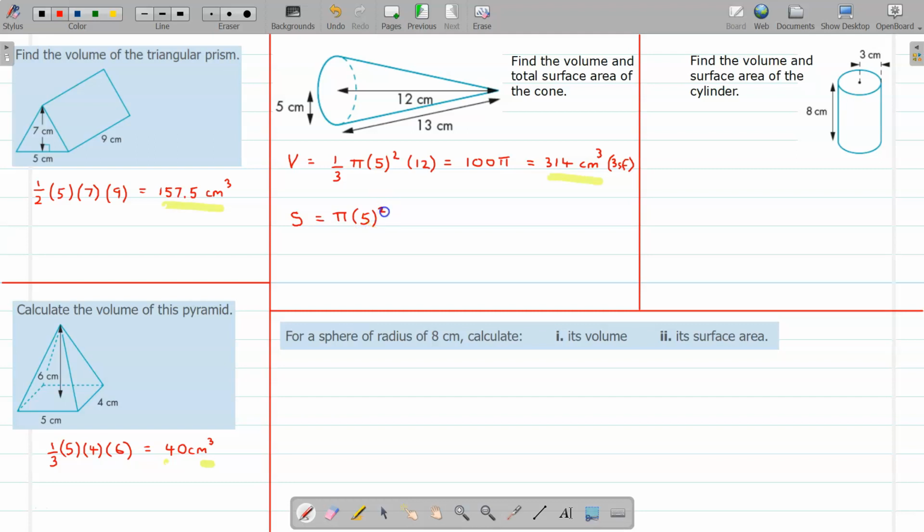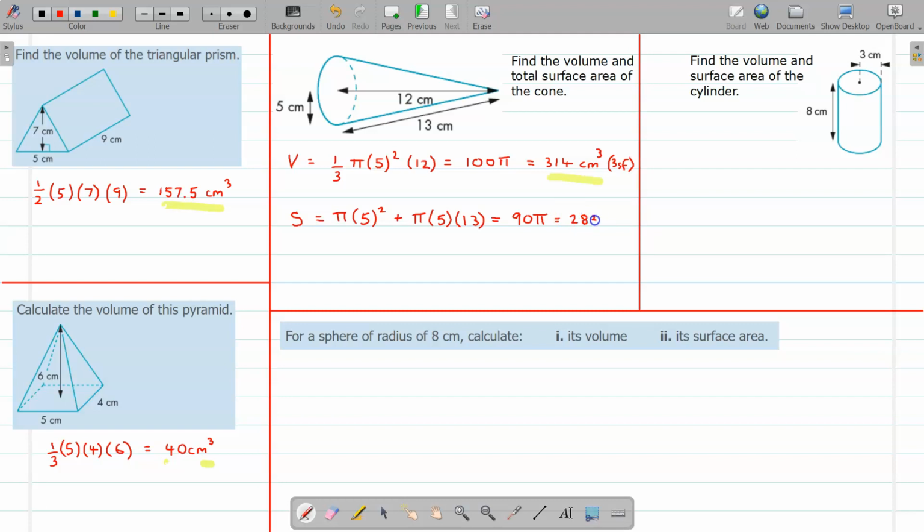The area of the curved piece is pi times the radius times the slant height, and we're told that's exactly 13. So we add those two things together and it gives us pi times 25 plus pi times 65, which is 90 pi. That's the exact answer, and if we put that on the calculator and round it to 3 significant figures, we get